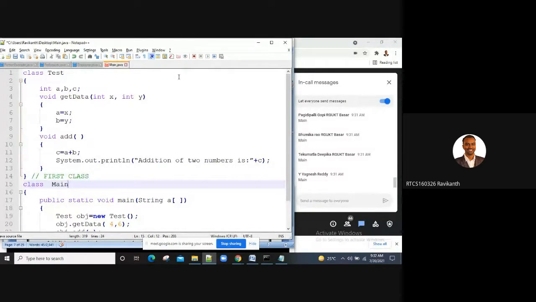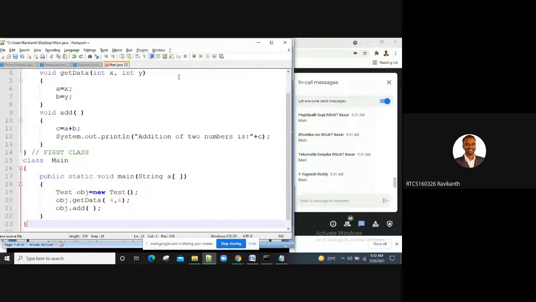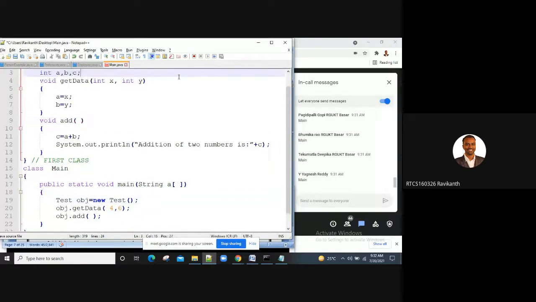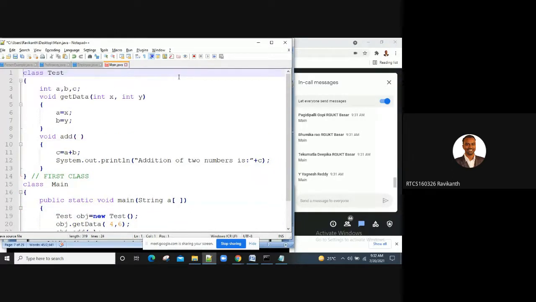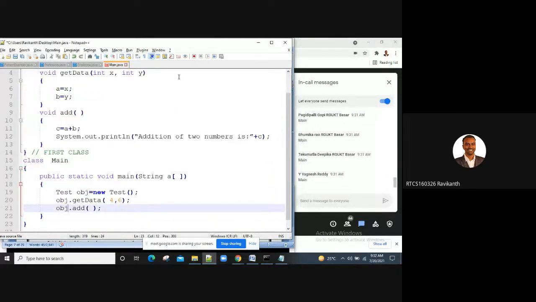Now from here it is our second class, so multiple classes. Then the main method, followed by an instance of this Test class, since I have to use it. Then reference name obj dot method getData, first I have to get the data. Then obj dot add.